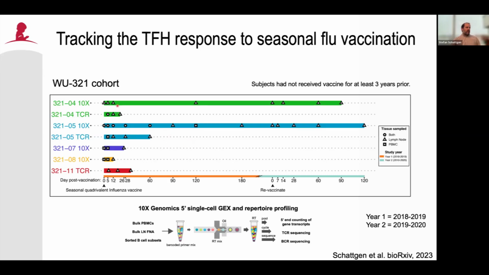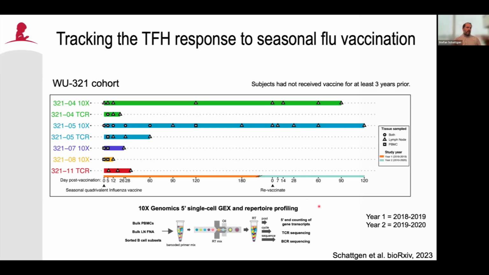Whereas with donor 4, we have mostly just lymph node samples. An extension of what was previously done with this study is, in addition to the first year of vaccination, which was previously published, we've also re-vaccinated these individuals and tracked them out for a second year. Here we're just looking at the lymph node biopsies of these individuals during the second year, but it's a really exciting opportunity to look at what happens after this first exposure,